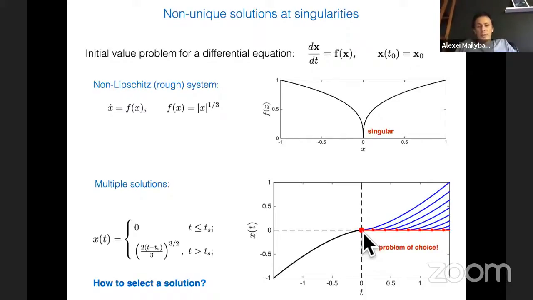And then from this time on, you have infinitely many options. You can either leave it symmetrically, or you can stay at the same point, so you stay at 0, or you can stay at 0 until any moment of time, and at that moment you can make up your mind and depart. So you can stay and depart whatever moment you want. So these are infinitely many solutions, and it's in accordance with the theorem that if there are two solutions, there are infinitely many solutions. So there is such a statement.